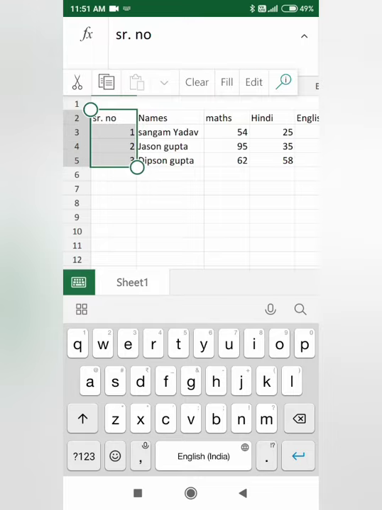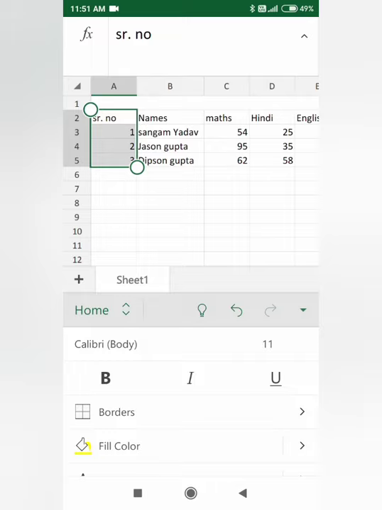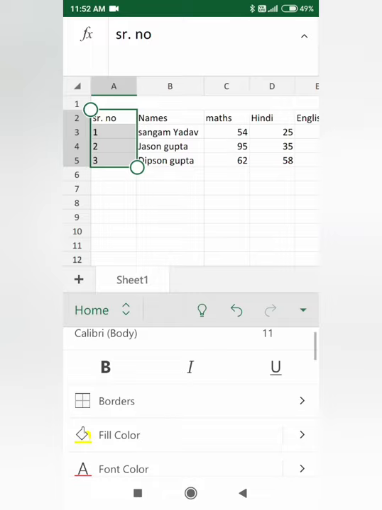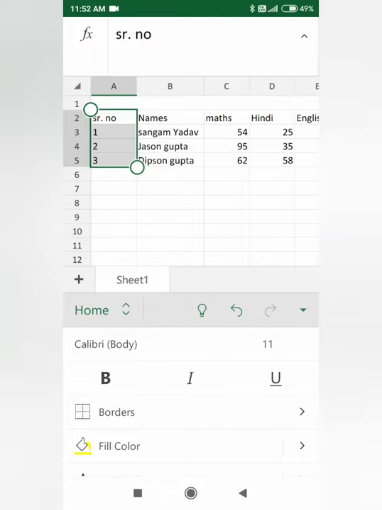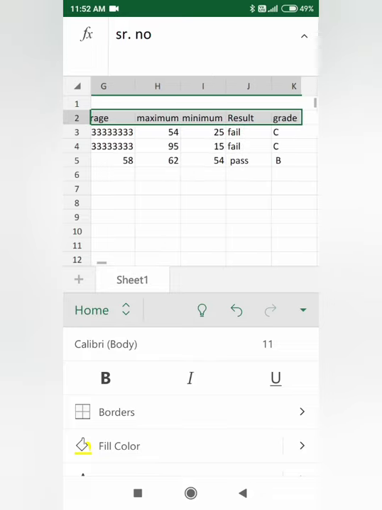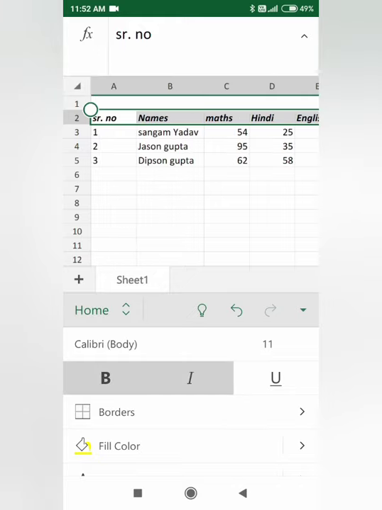Then you have to click and see what is there. You have to click here, it will come to the left side. You can try all these features and you can know what Excel is, how to use Excel. If you don't have a computer, then you can install this and you can reduce and you can write also.